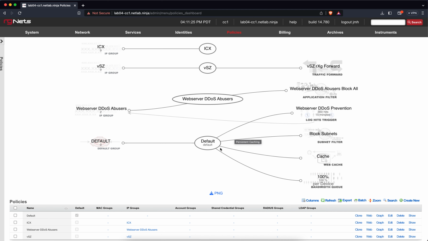But in this default policy here, there is an example of how you can get moved to a different policy based on some behavior that your device has done. In this case, what we have configured here is this web server DDoS prevention, which is a log hit trigger. So it's looking at the web server logs, and if a device is hitting that web server 300 times in a 5-minute window, we're moving them into quarantine essentially for 15 minutes, and that's what's